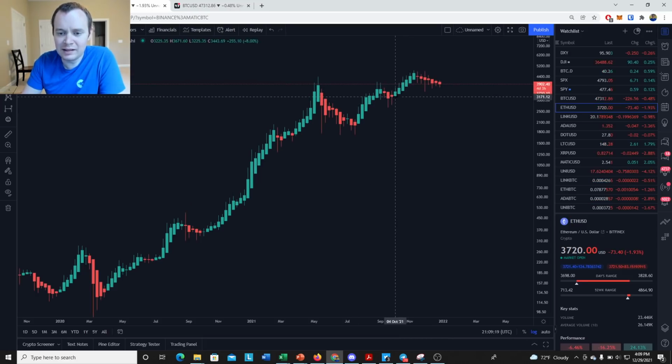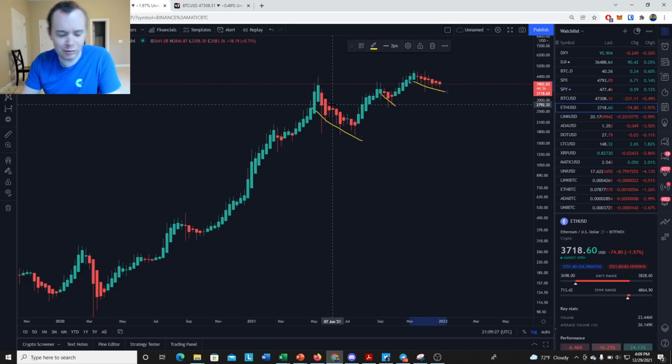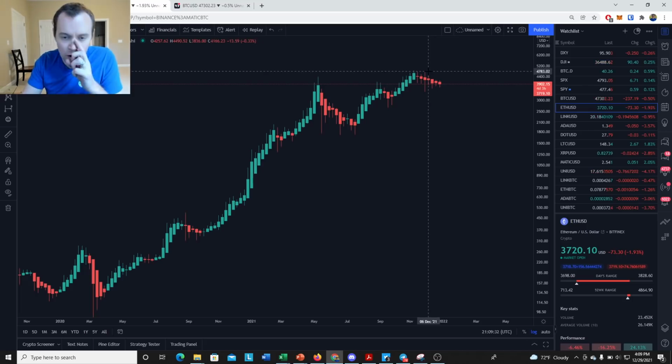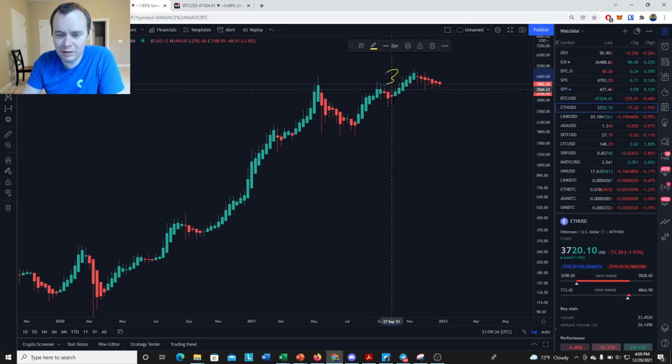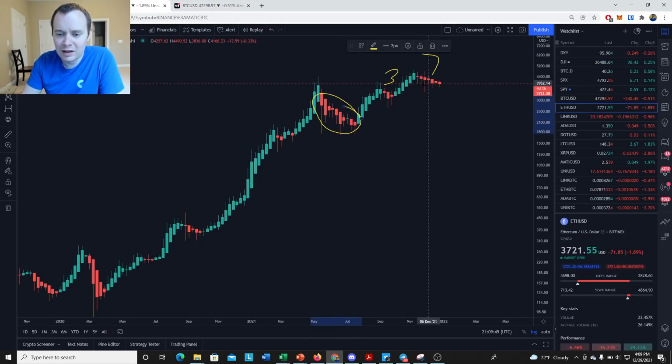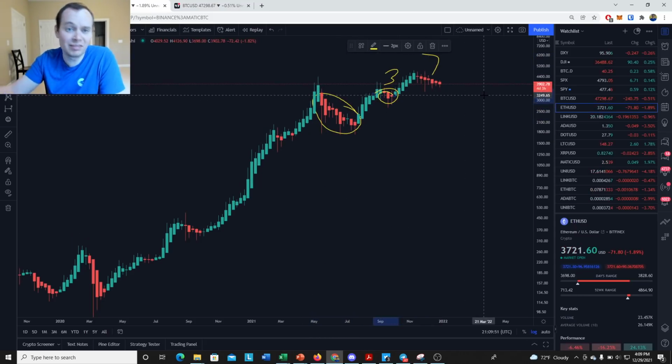But you get the idea how quickly sentiment can change. So we had a downtrend, and we're currently in a downtrend. And perhaps the reason why this one feels worse than the one we had in September is because of how long it's lasting. Okay, this one only lasted about 3 weeks in terms of how long it really took for prices to start turning back around. This one, we're already in our 7th week. So this phase certainly feels a bit more like this phase over here than it does this one, because it's already more than twice as long as the phase that we had back in September